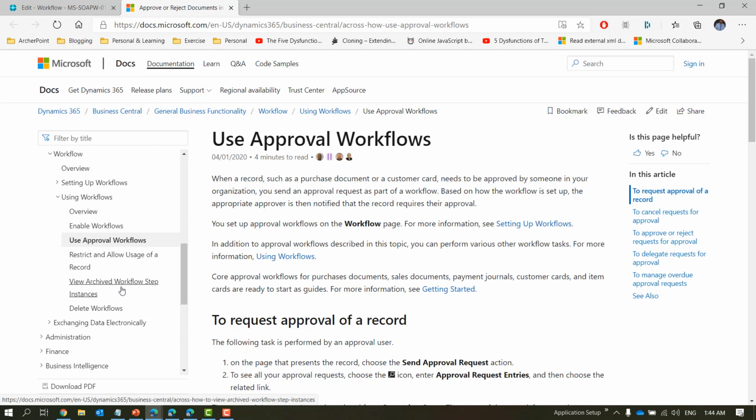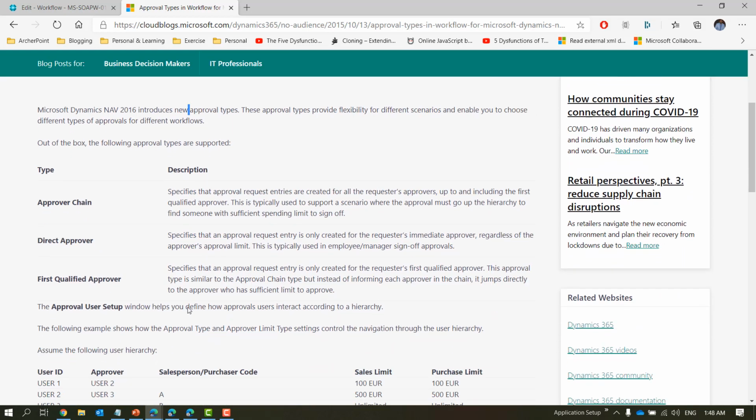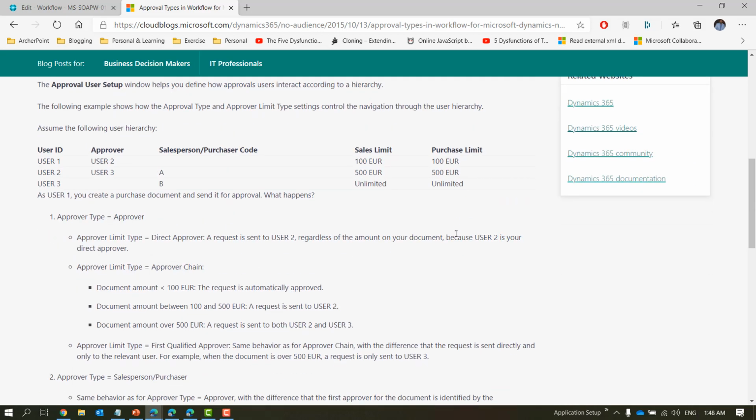Restrict or allow, verify, let me search for it. So I was under the assumption, and maybe I'll have to go back and check in Dynamics NAV, but even on this Microsoft page it talks about that in case of direct approver, the approval request entry is only created for the immediate approver regardless of the approval limit, which means that in this scenario, which is kind of similar to ours,